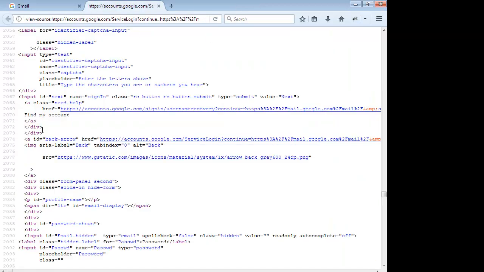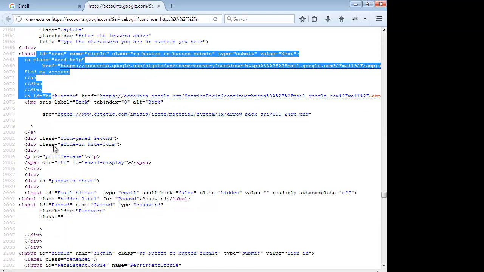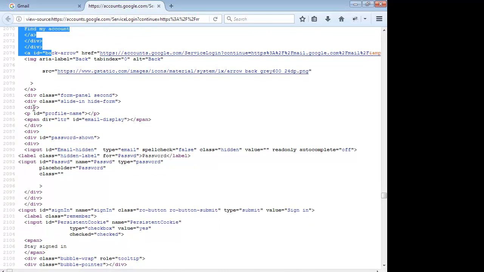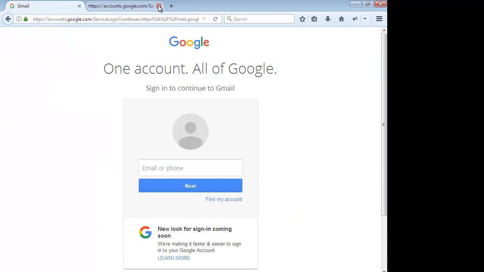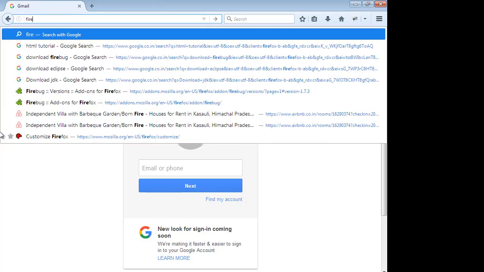So now this is the page source. It's made in HTML language, and HTML language primarily contains tags and attributes. Now you don't need to read the HTML page source like this. There are plugins available in Firefox or Chrome or IE through which you can understand the HTML code. For example, in Firefox, there is a plugin known as Firebug.